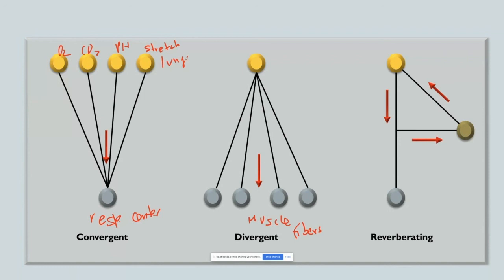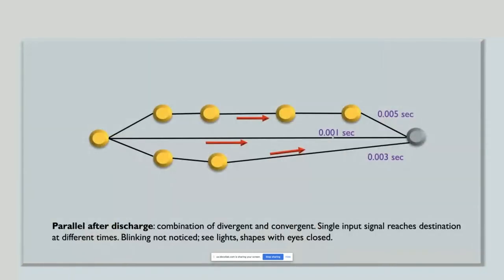And the last one here, then we have the other one, the after discharge. This is the reverberating. Okay, let's say this is the respiratory center that is firing to the muscles of respiration. And from this neuron, you're going to have an axon that is going to stimulate another that is going to recycle the signal. So we don't have to work too much here. The reverberation. And this is an interesting one. Okay, this is the one that explains parallel after discharge.